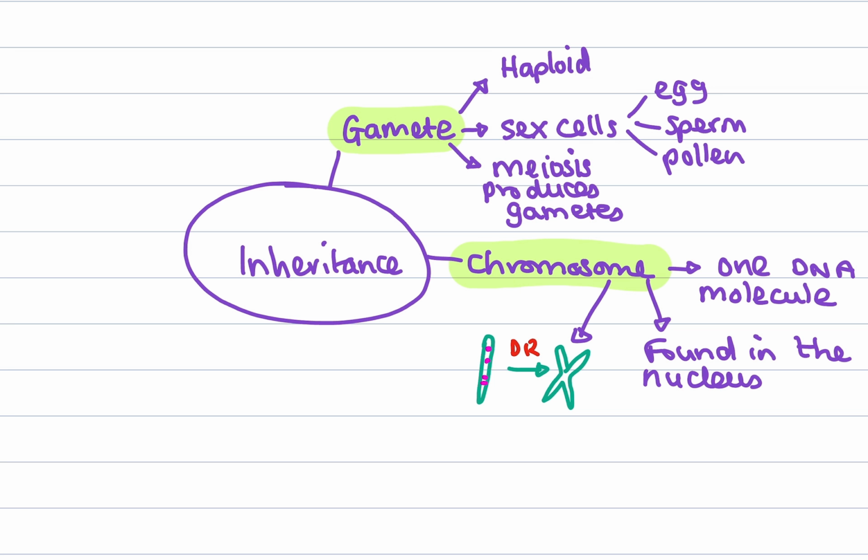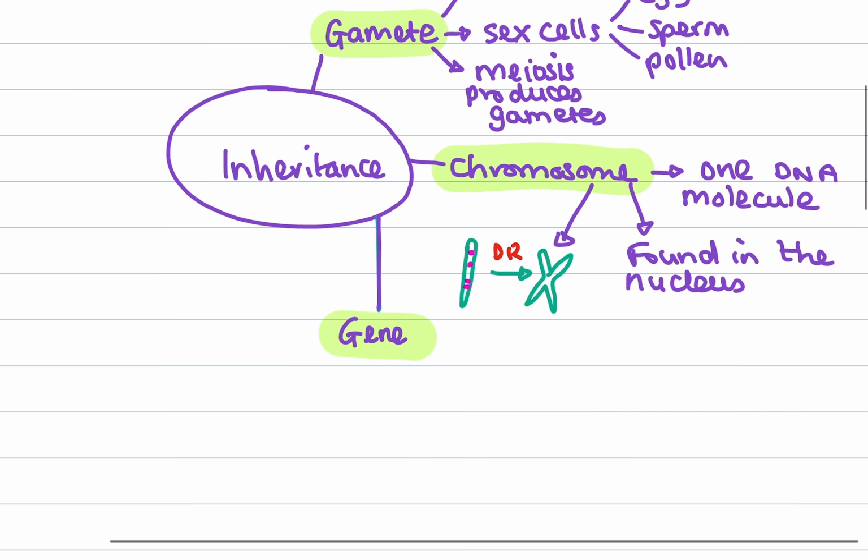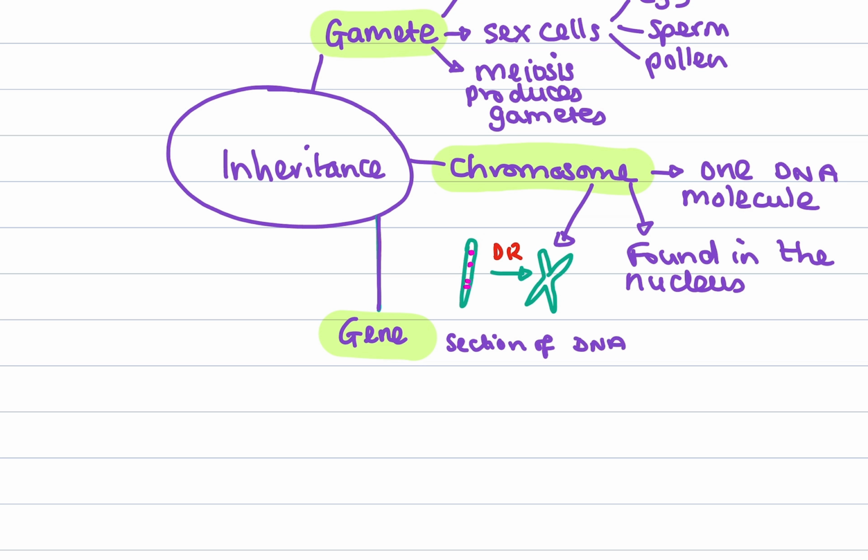Next keyword, gene. Gene is a word in which students feel they know what it means, but when they come to write the definition, it's not usually very accurate. A gene is a section of DNA. Most students are good with that, but then we need to carry on, which codes for the sequence of amino acids